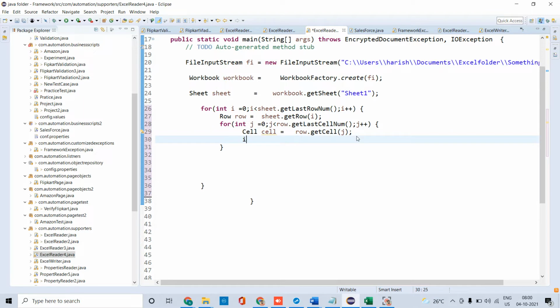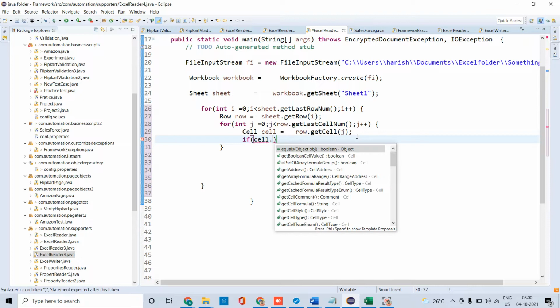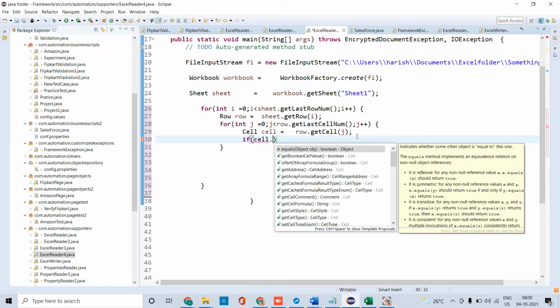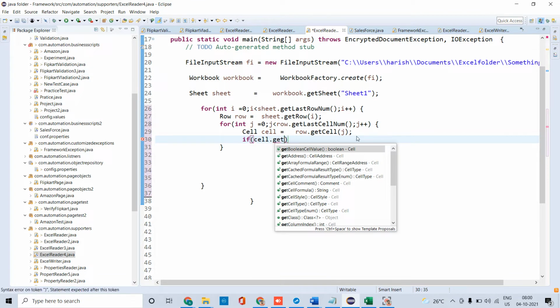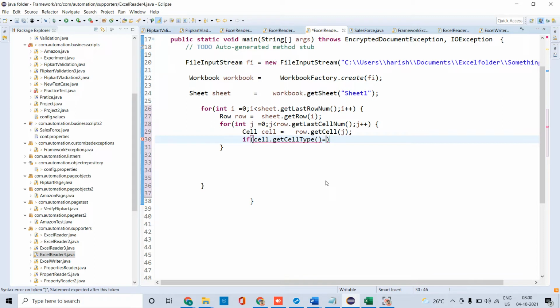Now I will print the value. If it is numeric or boolean, the value should also be handled, so for that purpose I am writing the validation.